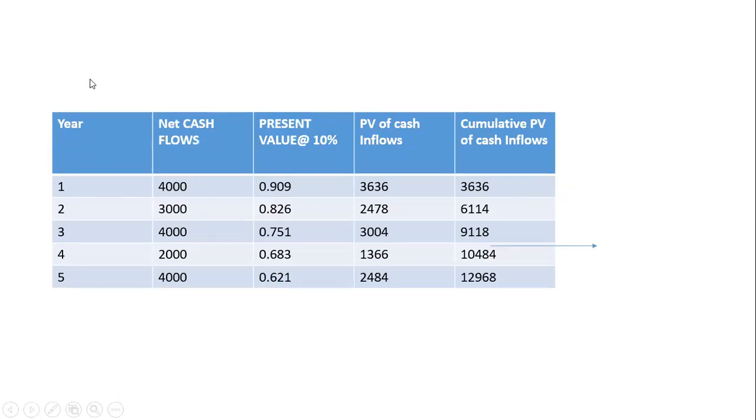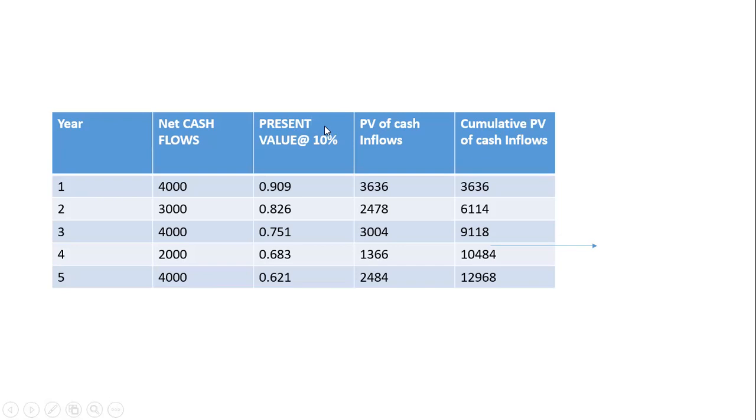Next, with the discounted payback period method, we are going to calculate first the PV factor at 10%. This is 1 upon 1 plus 0.10 raised to 1, that is 0.909. Second, 1 divided by 1.10 raised to 2. Third, 1 divided by 1.10 raised to 3. But these figures are already given in the question.